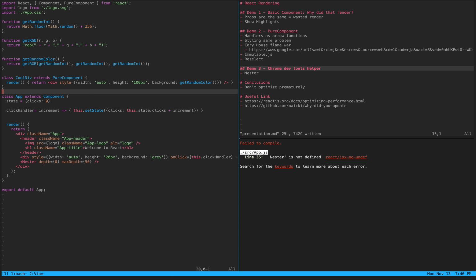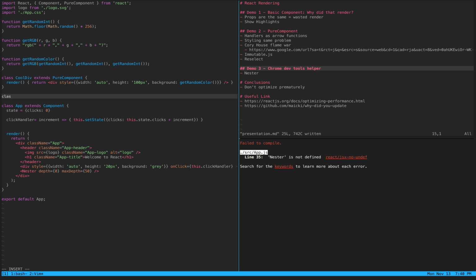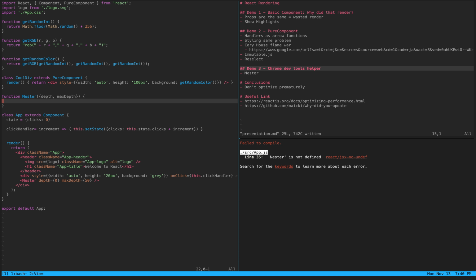There we go. All right, so the nester guy, do we have to, no we don't. Let's write this as a pure functional component, and we'll see where we get from there. Nester, and it takes a depth and max depth, and that is what it will use. All right, and it's going to return a nester